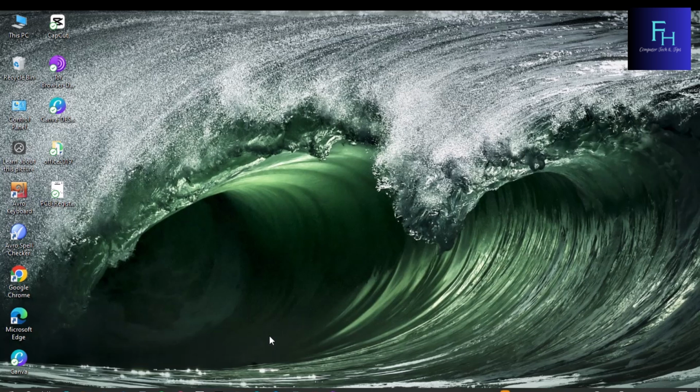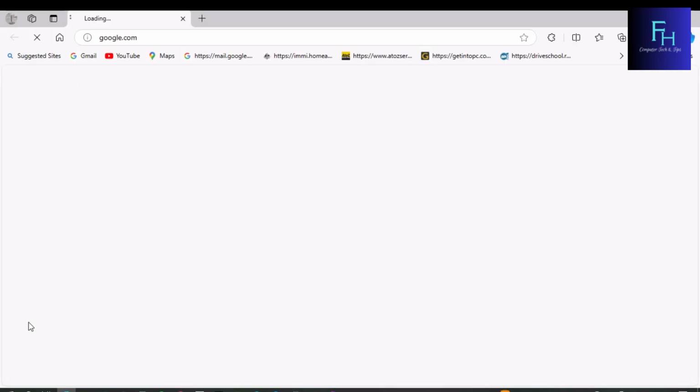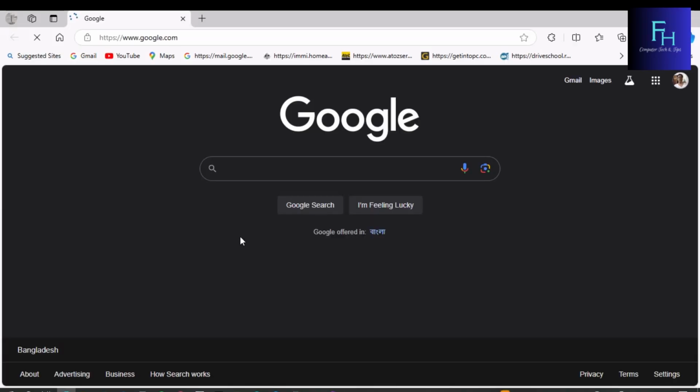How to download Windows 10 or Windows 11 in a USB ISO file. First you should go to any browser: Google Chrome, Microsoft Edge, Firefox, any. I go to Microsoft Edge